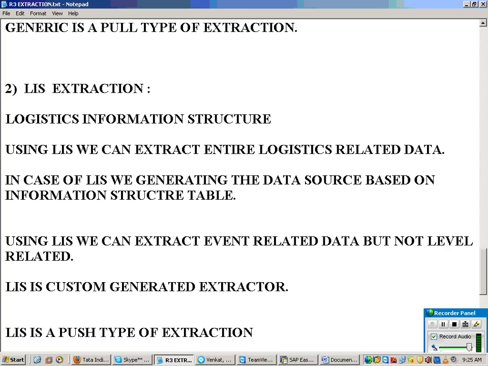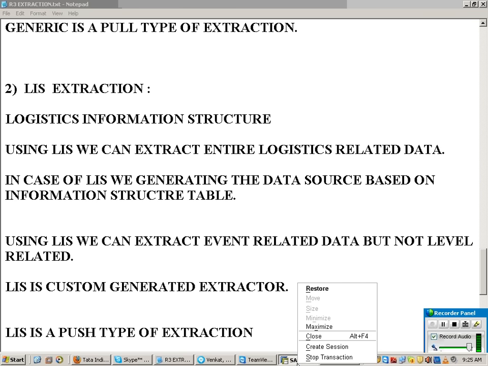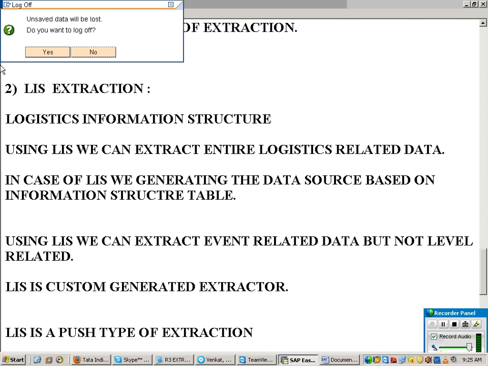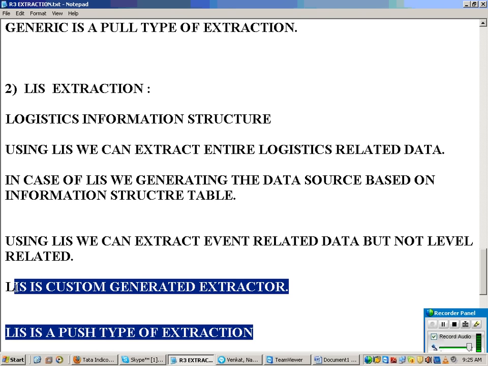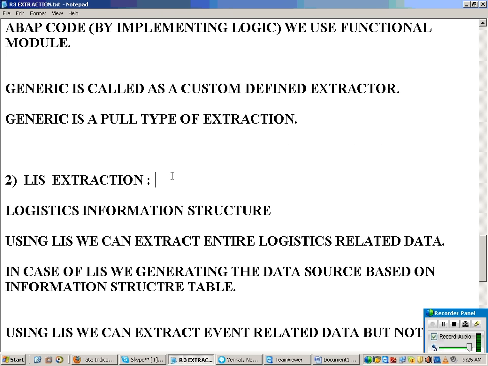Because what you are doing is pushing your data from database tables to the information structure table. So from the live tables I am pushing; I am not extracting directly from the live tables here. Understand the logic now? So LIS is a push type of extraction and it is outdated. We don't use it.